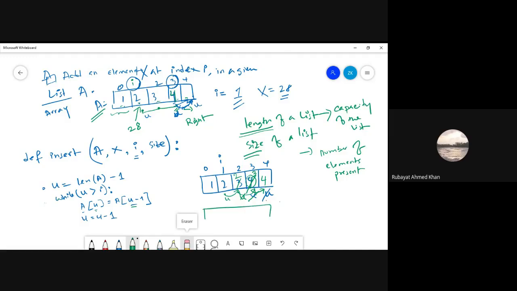Currently, the numbers inside the array look like this. I have successfully moved 2, 3, 4 one space to the right. But the problem is, if you remember from last week, this extra 2 remains, which should not be a problem, and we wouldn't bother about this because we have already copied this 2 to the next index. Therefore, what we do is we save outside the loop,